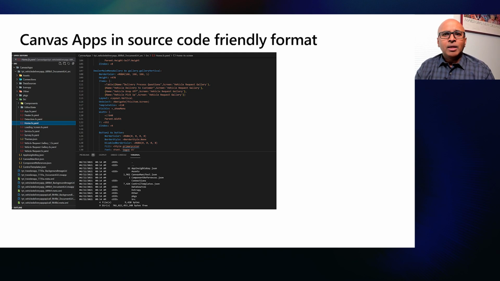inside a Canvas app. Imagine a scenario where we have a citizen developer that has to debug a regular expression, and they can't seem to figure out where the regular expression may be going wrong. Now, a pro developer who understands regular expressions a little better can look at that same Canvas app in an environment that is friendly to them and decipher exactly what may be going wrong in that regular expression. That's what this enables from a Fusion development perspective. So that's something that we've surfaced.